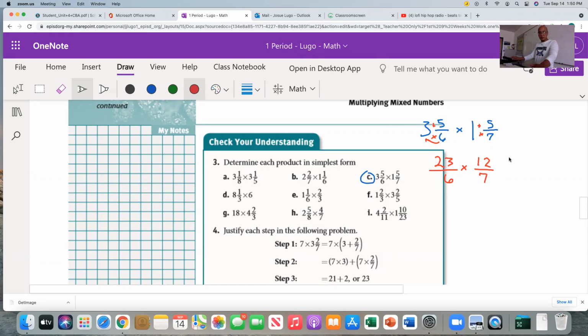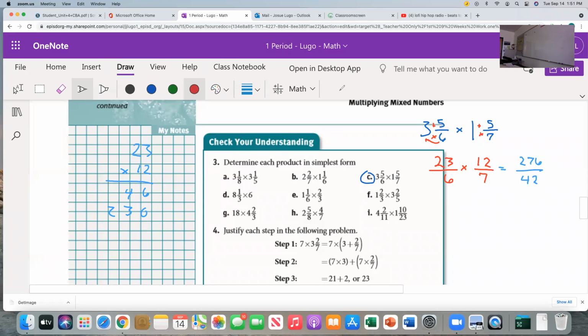If I go down that route, 23 times 12 is going to give me, I can't think right now, so I'm going to work it out. 23 times 12. 2 times 3 is 6. 2 times 2 is 4. 0. That's going to be 3 and 2. So that's going to be 276. Okay, and then 6 times 7 is 42. Ladies and gentlemen, good luck simplifying that. Now, as we saw in the previous video, we can avoid this if we apply the